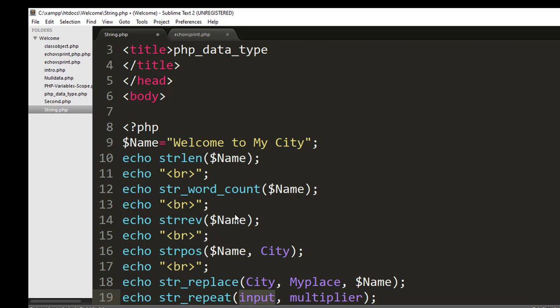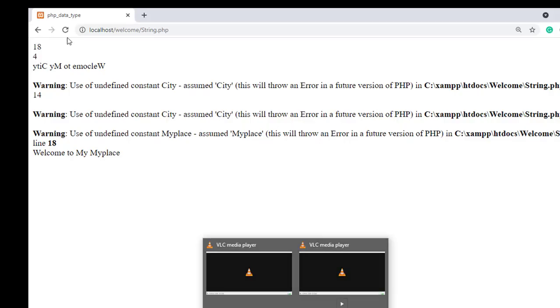The input is $name, and the multiplier will be 4. Save and run.